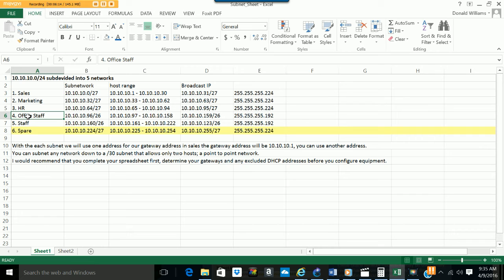So their host addresses are 10.10.10.97 through 10.10.10.158. Okay, and they have a broadcast address of 10.10.10.159. And their subnet mask is 255.255.255.192. And they're divided into 2 groups, so we came up with another group for the office staff, which has